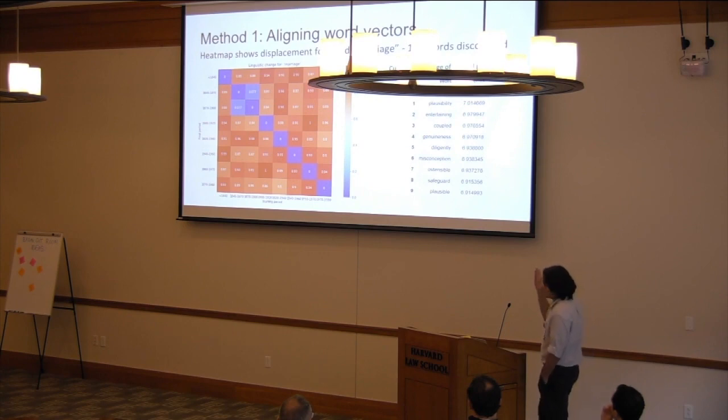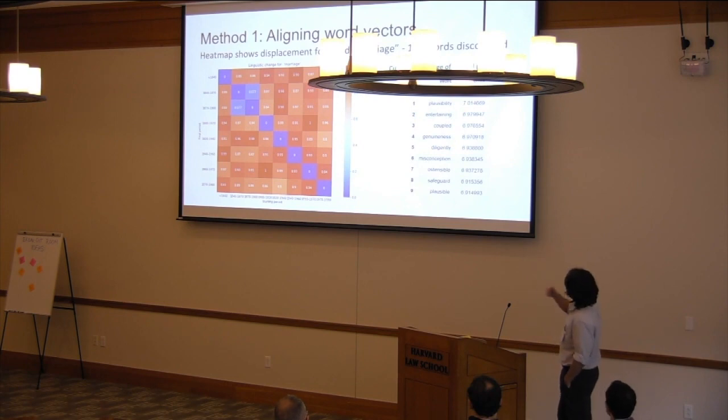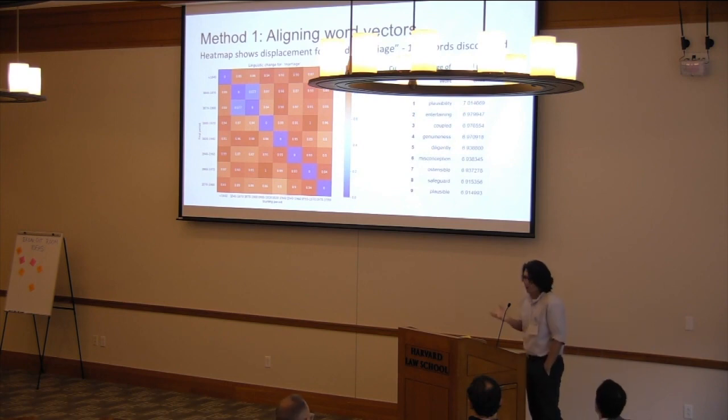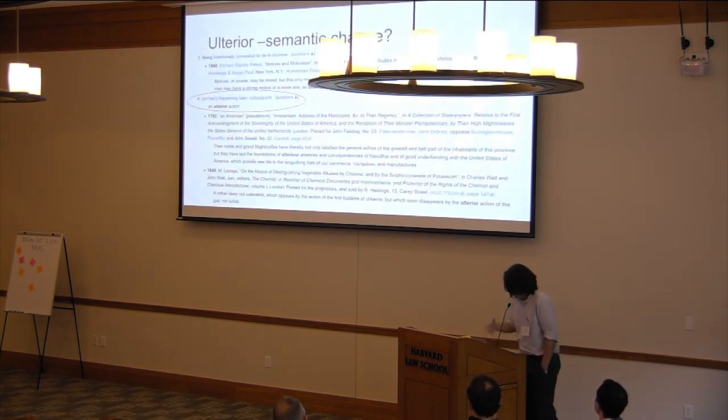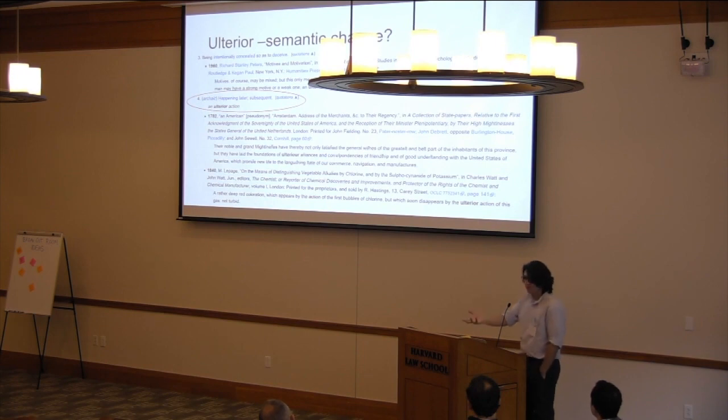Now, at first I didn't know what this was showing me, but the first word it gave, the word that moved the most, was a word like ulterior, right? Looking it up in the dictionary, we find that apparently it used to mean subsequent, but in the legal domain, it came to mean ulterior motives, some hidden thing. So that was captured really well in the data.